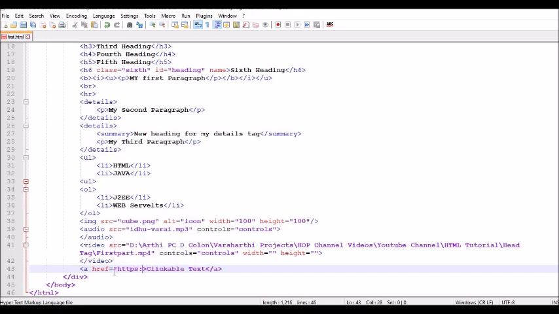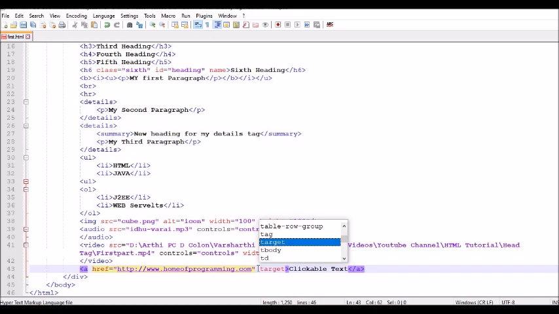Let's navigate to, right. Another attribute for the anchor tag is target, which decides whether it should open in the same page or in a new page, right? Just check out this.